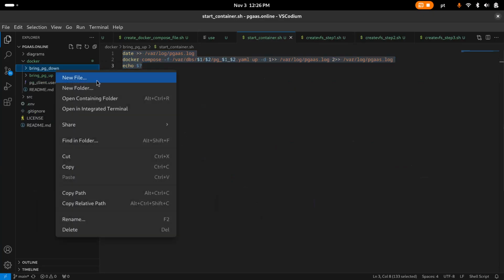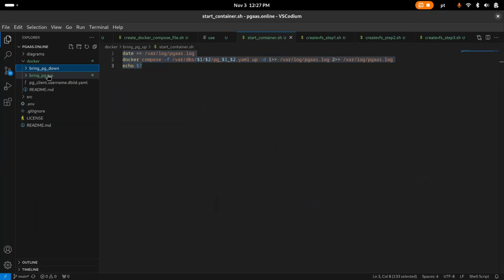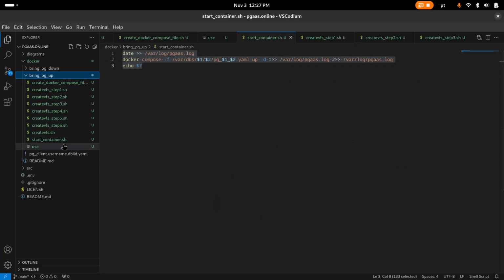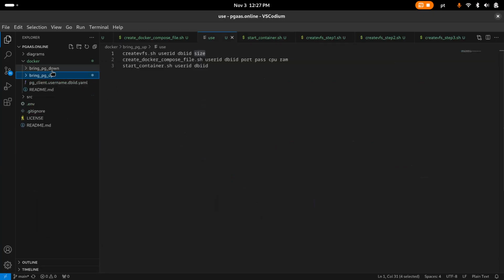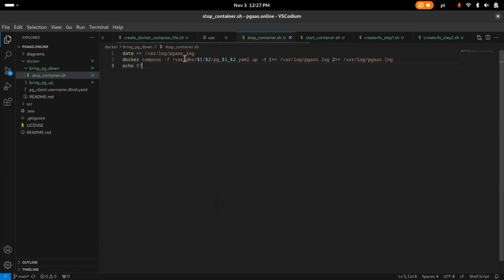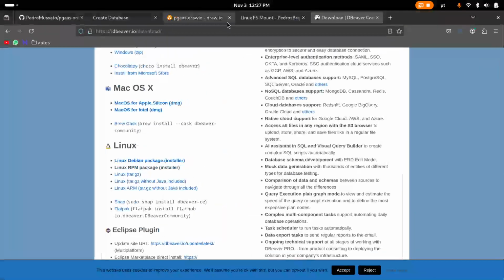So yeah, new file, stop container.sh, down, no need for -d, and then